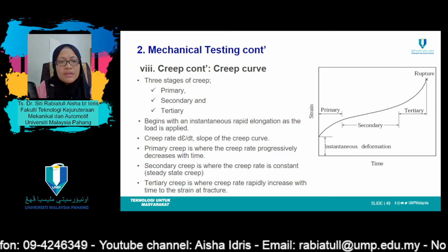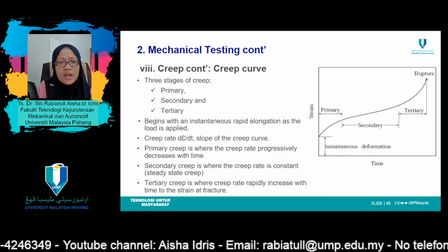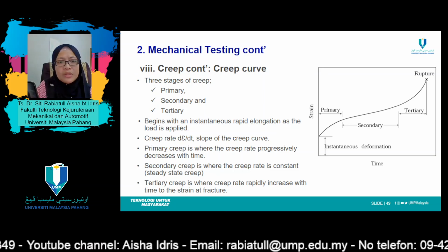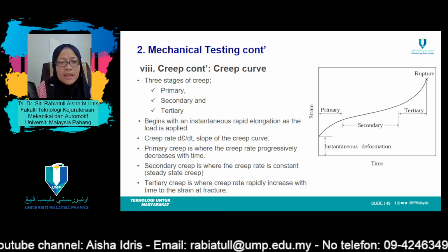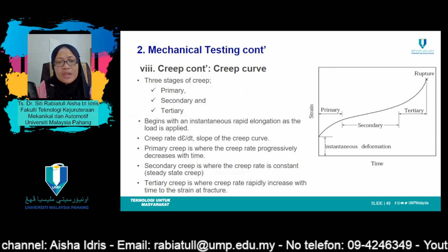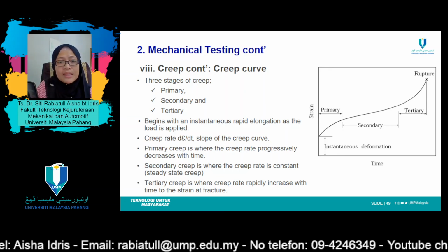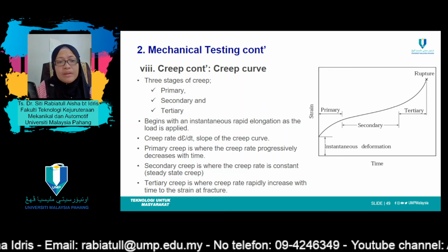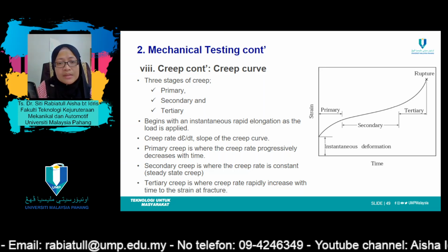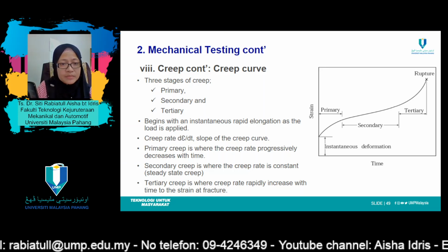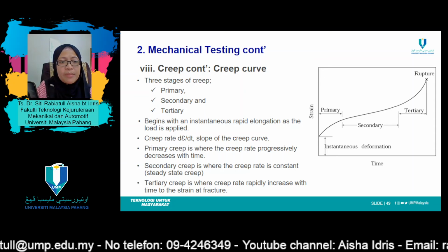or transient creep occurs, typically with a continuously decreasing creep rate. That is, the slope of the curve diminishes with time. This suggests that the material is experiencing an increase in creep resistance or strain hardening. For secondary creep, sometimes